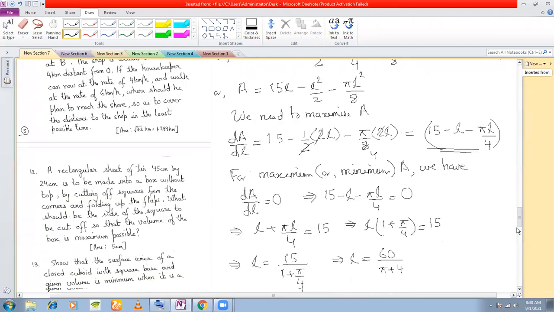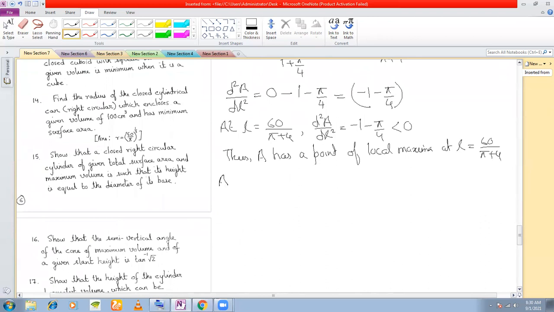So at L is equal to 60 by pi plus 4, B should be equal to 15 minus L by 2 minus pi L by 4. This is what we had got from 1, right? Which is equal to, put the value here,